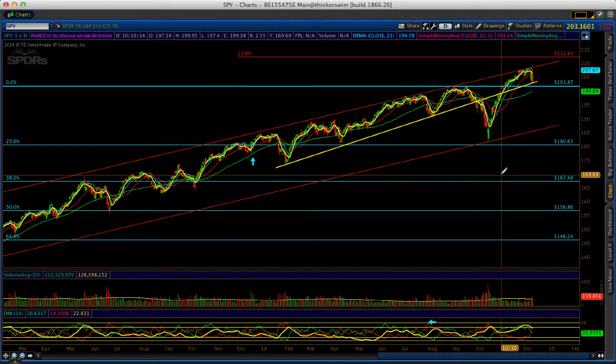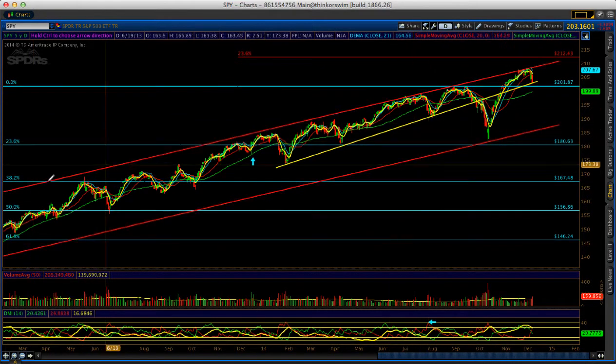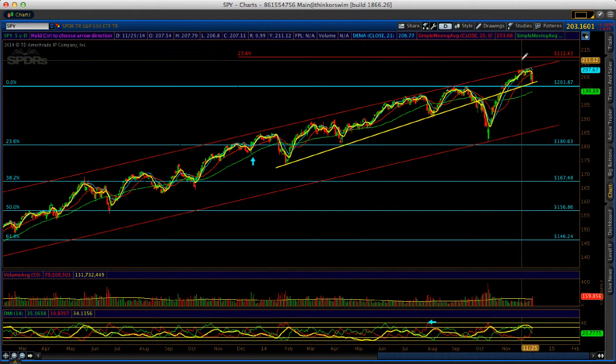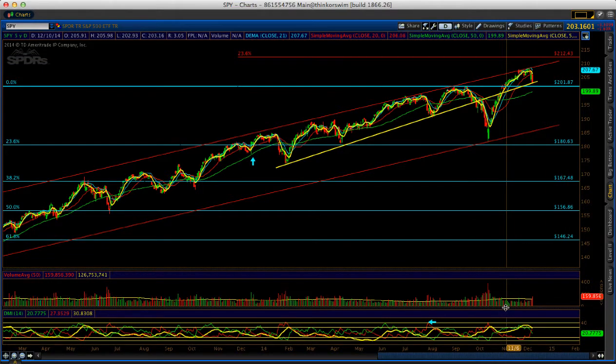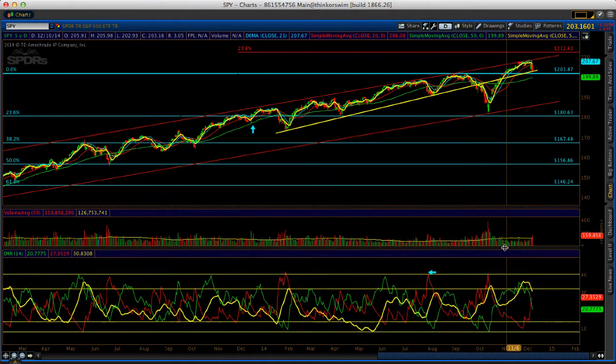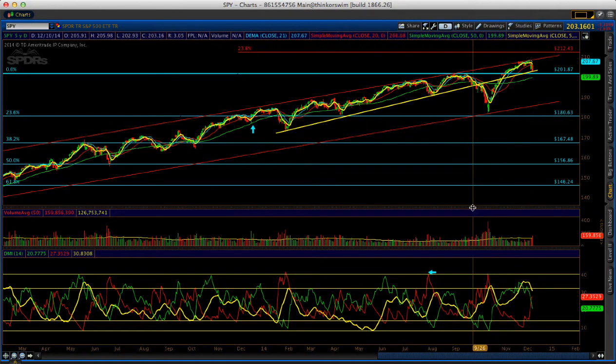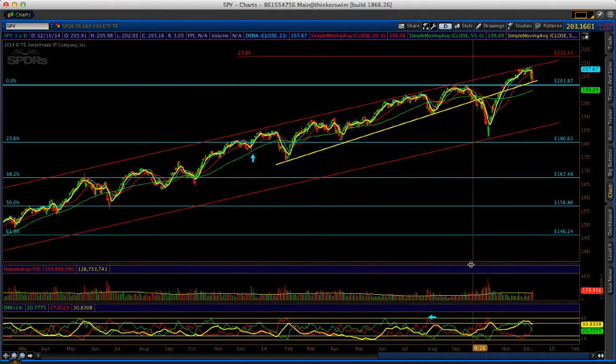Let's start with the spider. The spider, as you can see here, is still inside a major uptrend channel, and I said before it was trading at the top with divergence. There was a divergence on the DMI, but it still has room to go to the top, and I said let's go cash. That's why I'm 90% cash. I only have Baba and Facebook.